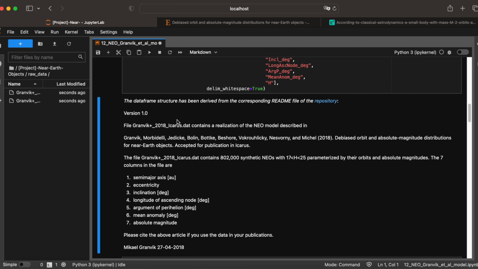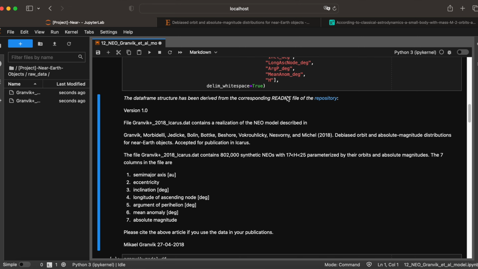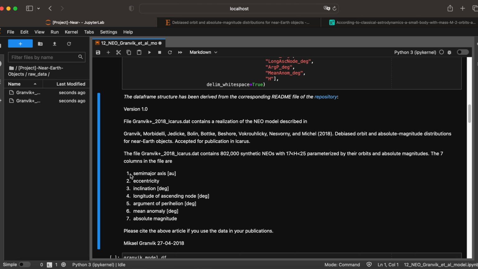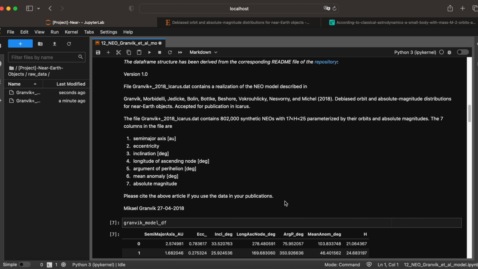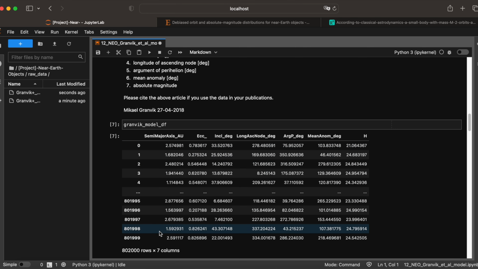The content of the file is also explained in the README that is part of the repository. So I just copied the content here so you can take a look. We have the semi-major axis, the eccentricity, inclination, longitude of ascending node, argument of perihelion, the mean anomaly, and the absolute magnitude. So if we take a look at the model, we see here all the files, and you see